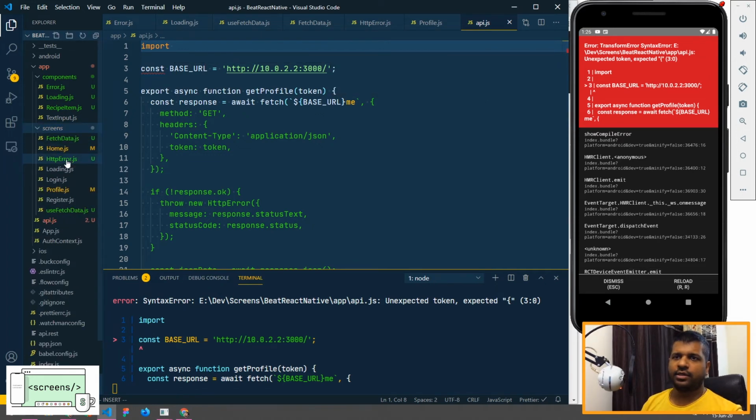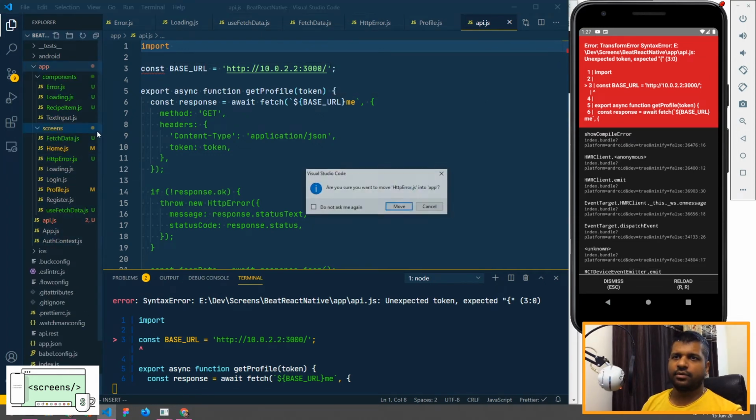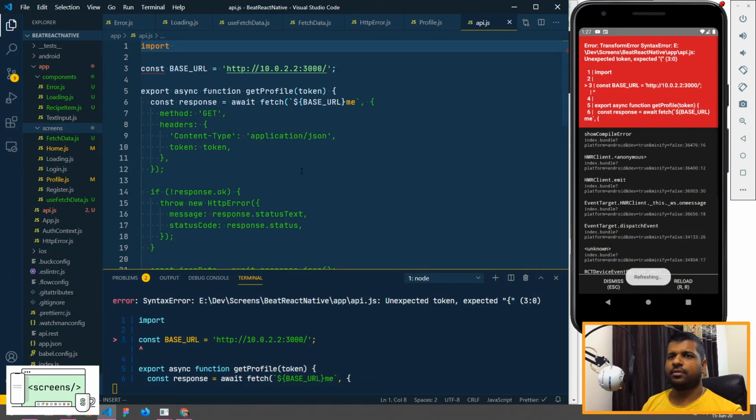Let's move our HTTPError to the root folder, the app folder.